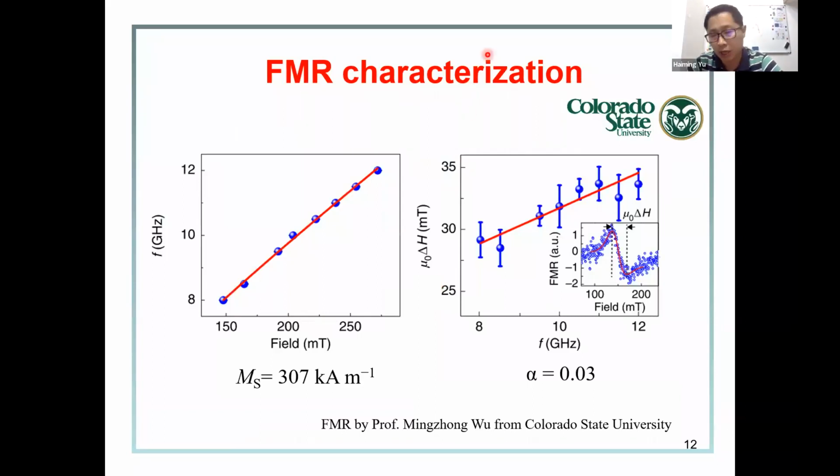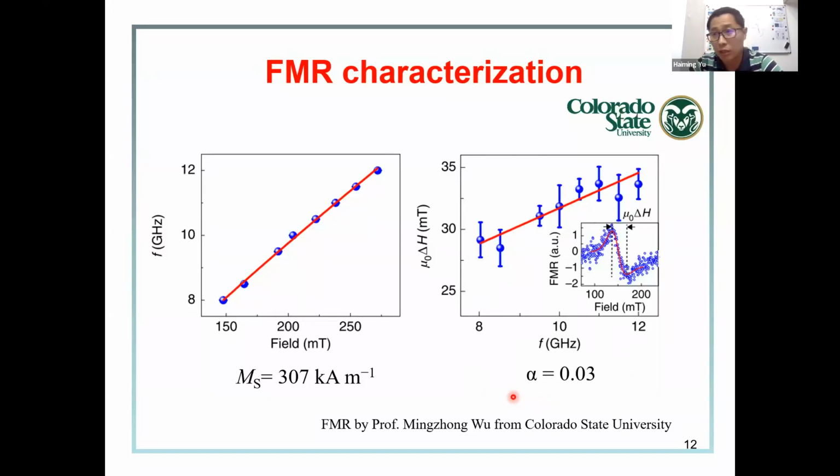So then we characterize the LSMO thin film by ferromagnetic resonance, and from the frequency versus field measurement, we can extract the saturation magnetization of the film to be about 300 kiloamps per meter. And from the linewidth extracted from the FMR spectrum as a function of the frequency, we can estimate the damping by extracting the slope of the data,